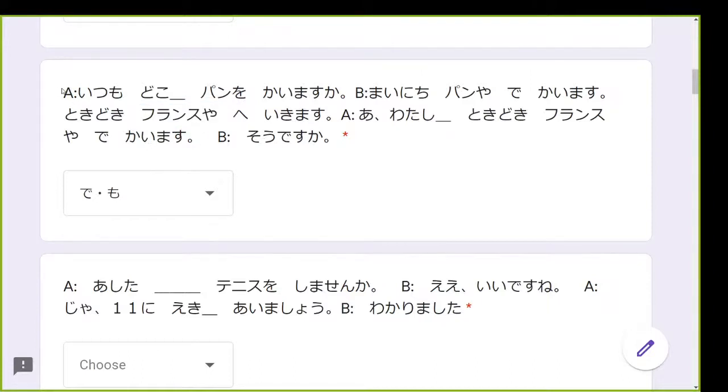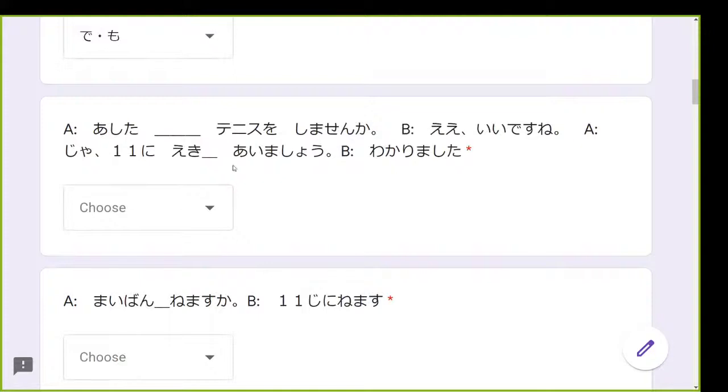I see. Okay, so let's make it now a conversation using the correct particle. Like example, for A-san: いつもどこでパンを買いますか？毎日パン屋で買います。時々フランス屋へ行きます。あ、私も時々フランス屋で買います。そうですか。Okay. A さんはジェローム、B さんはエマ。はい、よくできました。次は、リーさん。